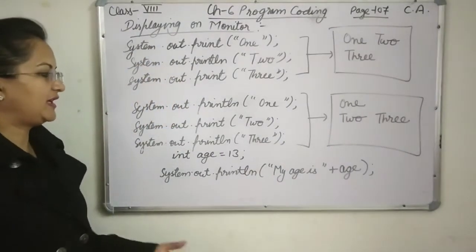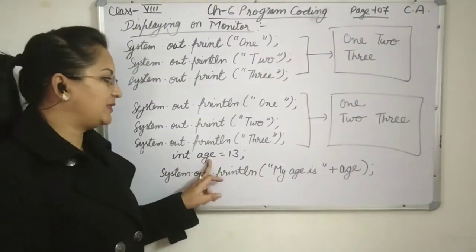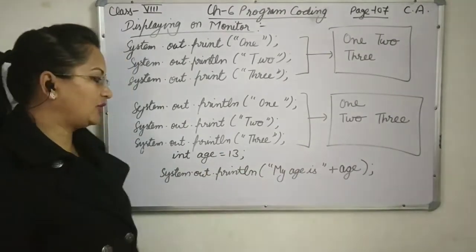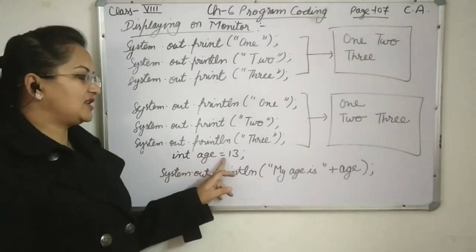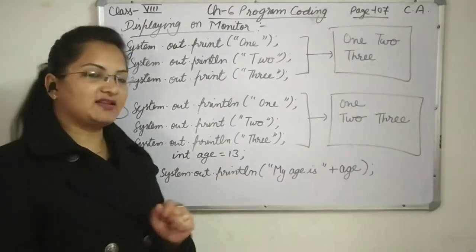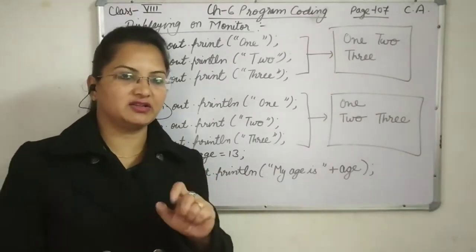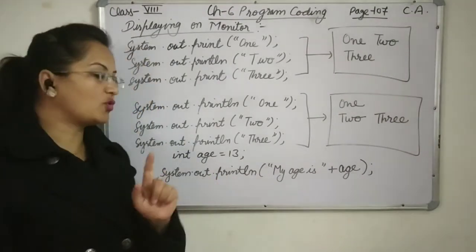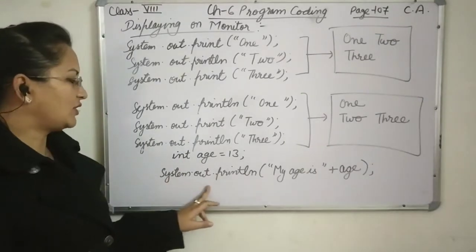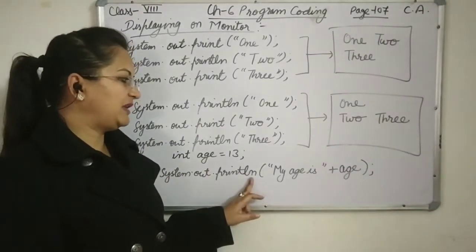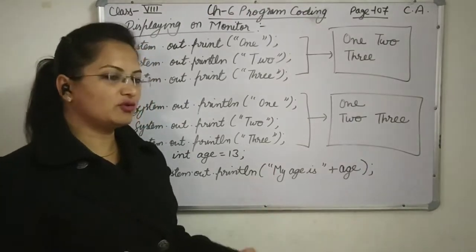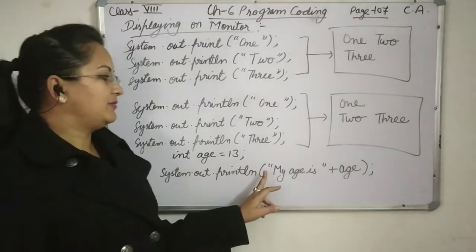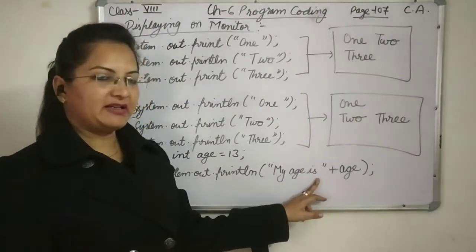Now students, I will tell you how to display variable with the string. Here you can see I have taken integer age equals 13. So age is a number in which there is 13. It is integer and it stores 13 in it. So system.out.println. Println means after printing all this, the cursor goes to the next line, and my age is will be printed, and then